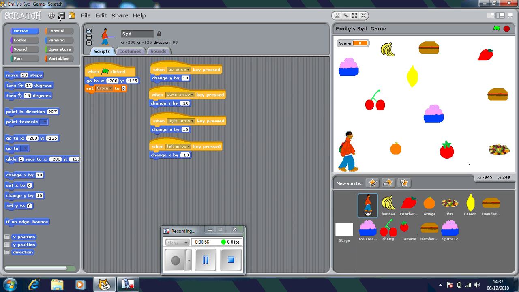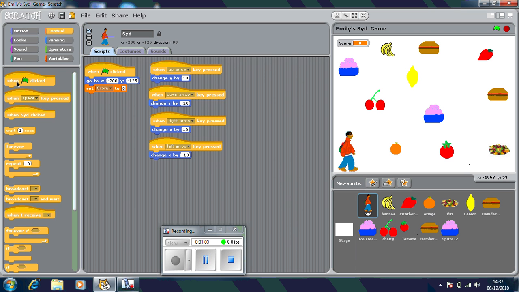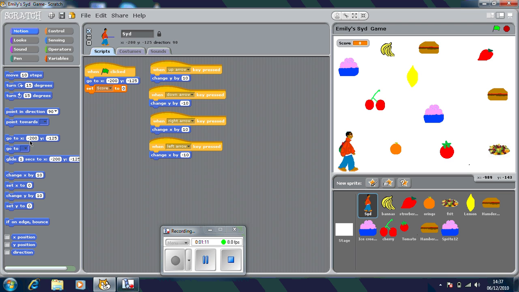To do this, you have to go to Control, and you have to get when green flag is clicked. Drag it in and drop it. Next, you go to Motion, and you go to X-axis and Y-axis. Drag it in, drop it, and then I've got mine at